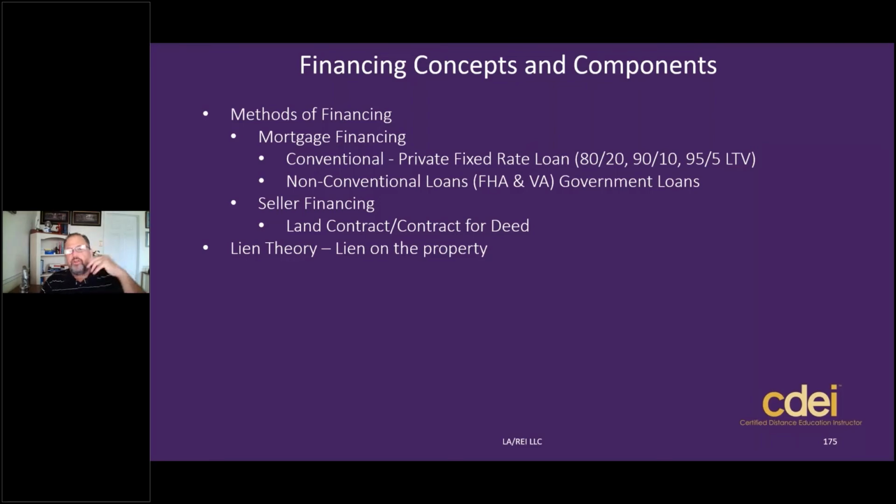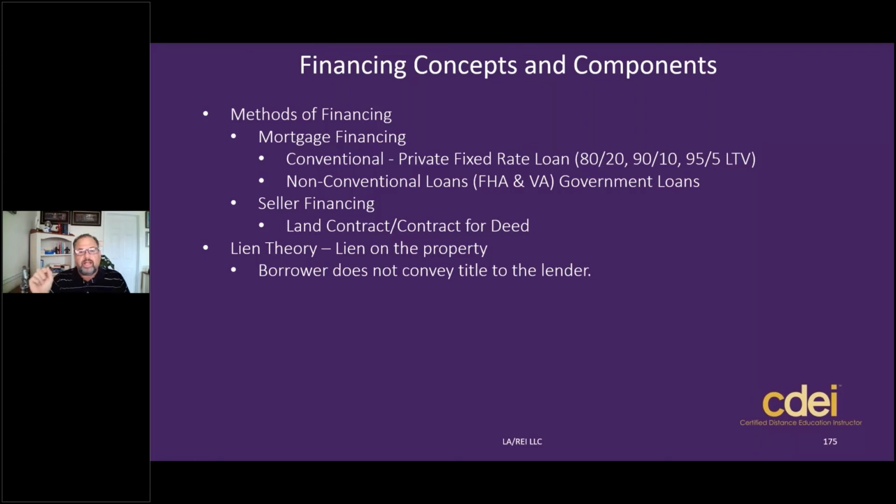In other words, if you go buy a home, you actually get title to the property. You get legal title. Your name's on the deed. The deed is in your name. You've got legal title. The bank doesn't. They put a lien on your property to protect the money they lent you. So the borrower does not convey title to the lender. At closing, you get a copy of the deed.